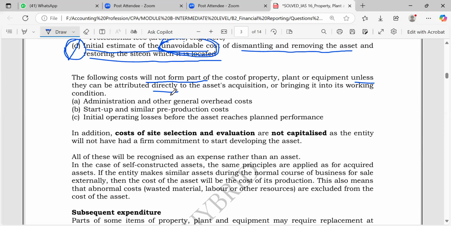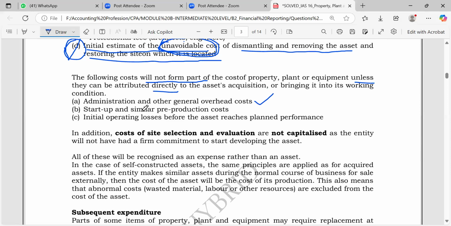Look, administration and the other general overhead costs. These are very obvious. You cannot take administration cost and the other general cost to a particular item, right? But if they tell you that these costs were specific for bringing that asset to its present location and condition or to its working condition, you say it's fine. They have told me, what am I going to do, right? But also,